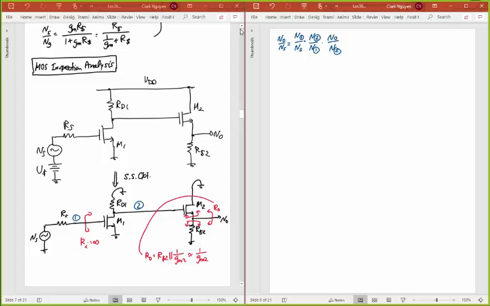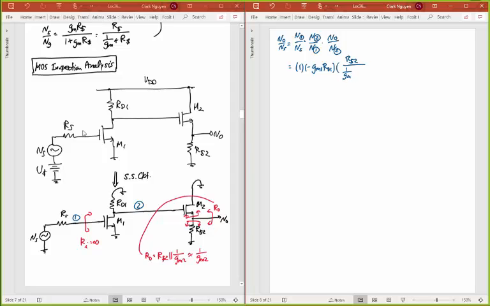So I need these three gains, and so I can write these three gains. The first gain, I've got RS going to a voltage divider into infinity. That's 1. Okay, the second gain is just the gain of now what I'll call a common source, same as a common emitter pretty much. And so I've got no emitter degeneration or anything on that, so that's just going to be GM of 1 times RD1. And then finally, this last gain that I have, I can write as RS2